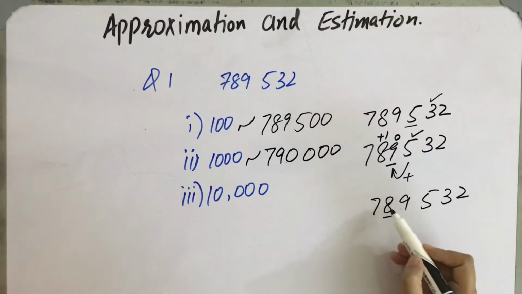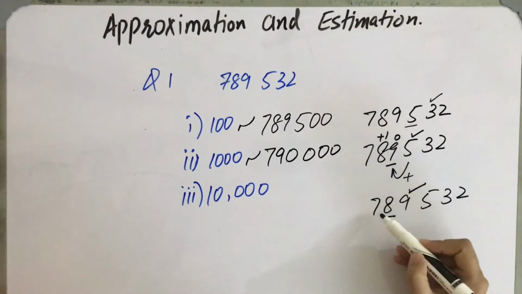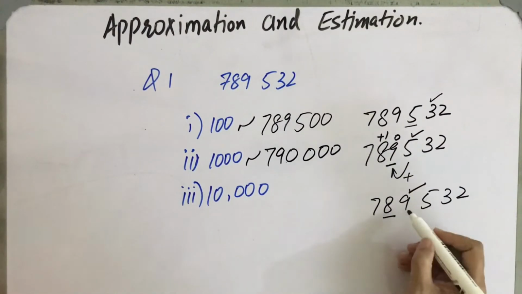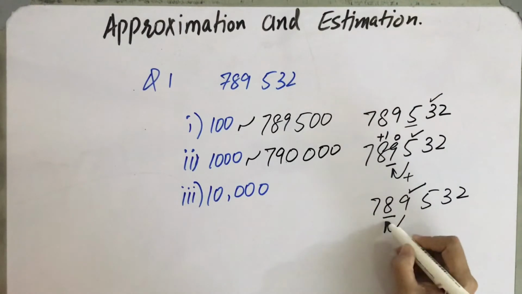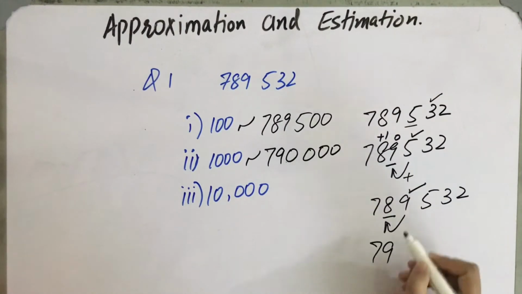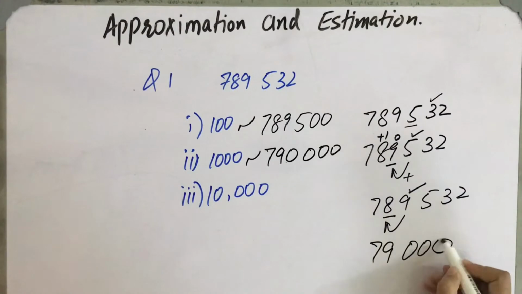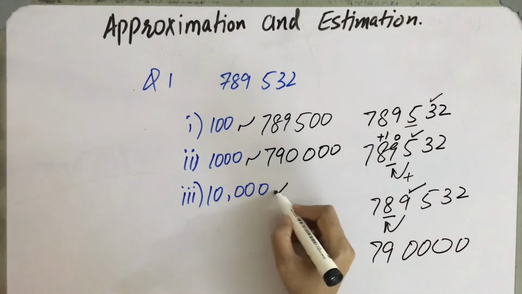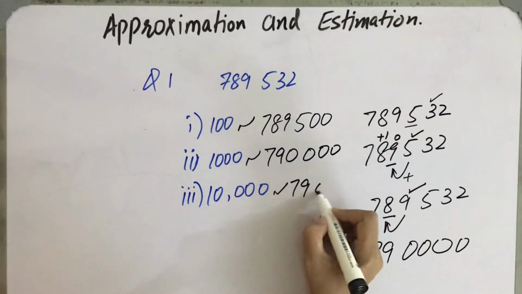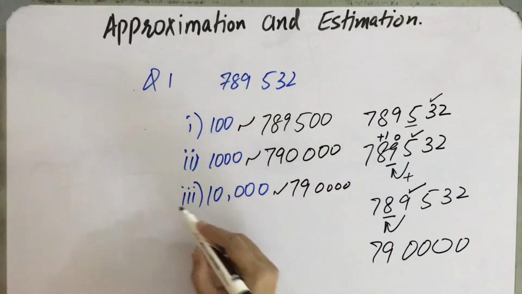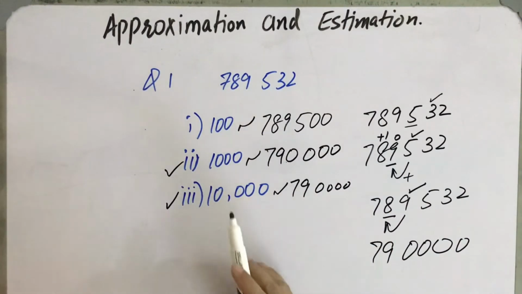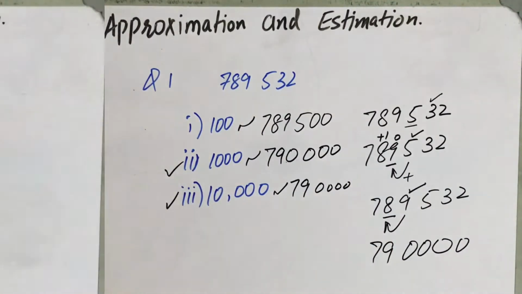Now you are going to underline this and study this. This 9 will definitely give 1 to 8. It will be 7, 9 and the rest of the 4 will be 0. And our answer will be 7, 9, 4 zeros. You can observe these two have the same answer, but the requirement was different.